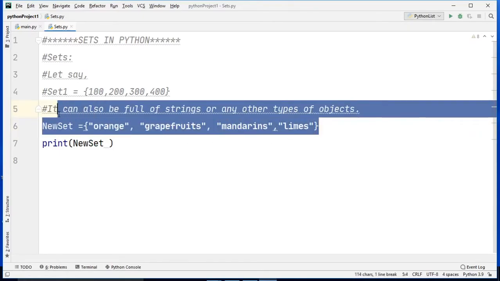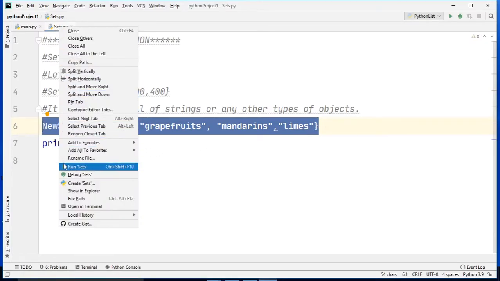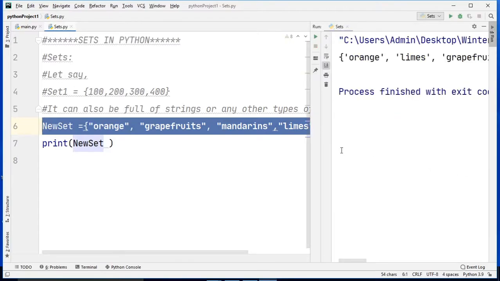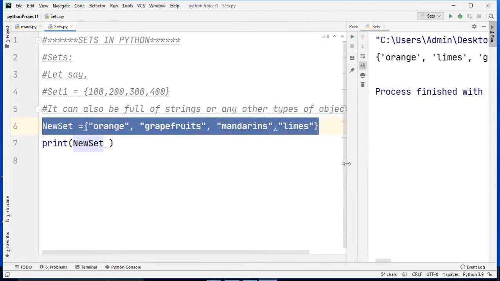I mean, these all set, dictionary, and a list. In every case the definition is quite similar. Only thing is that in case of dictionary and set, these are curly braces. In case of list, it is bracket. Okay, square bracket. So this is how it displays all the items in the set.